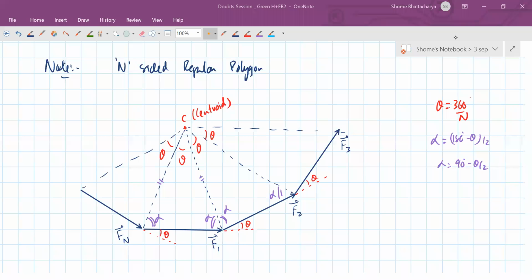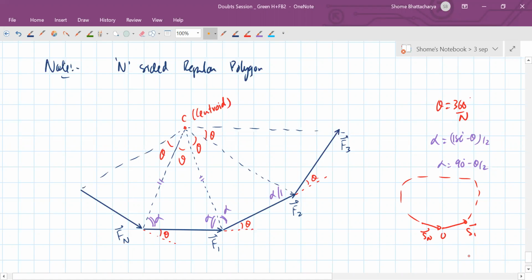Yeah, what happened, Diti? What is the question? Yeah, the resultant for any closed figure will be 0, no? Because closed figure means your head of the final vector is where the tail of the original vector was. Now, the origin of the first vector is coinciding with the head of the last vector. That means it's a closed figure. So the resultant has to be 0, no? Think in terms of displacements. Wherever your first vector has started, if on completing everything you come back here, then your resultant is 0, no? So that's a logical thing. Okay.